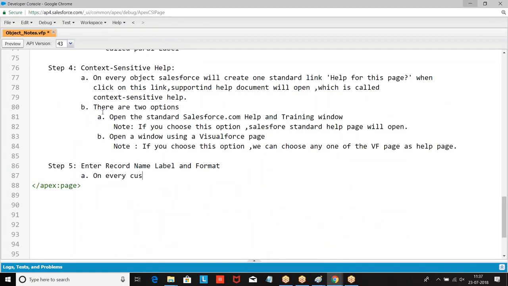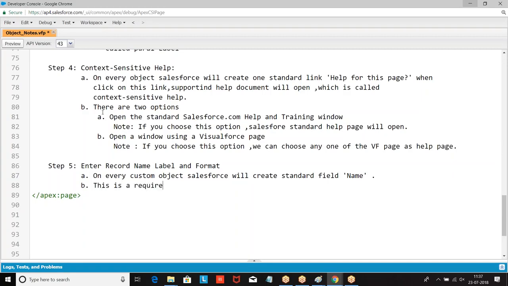On every custom object, Salesforce will create a standard field. This is a required field.